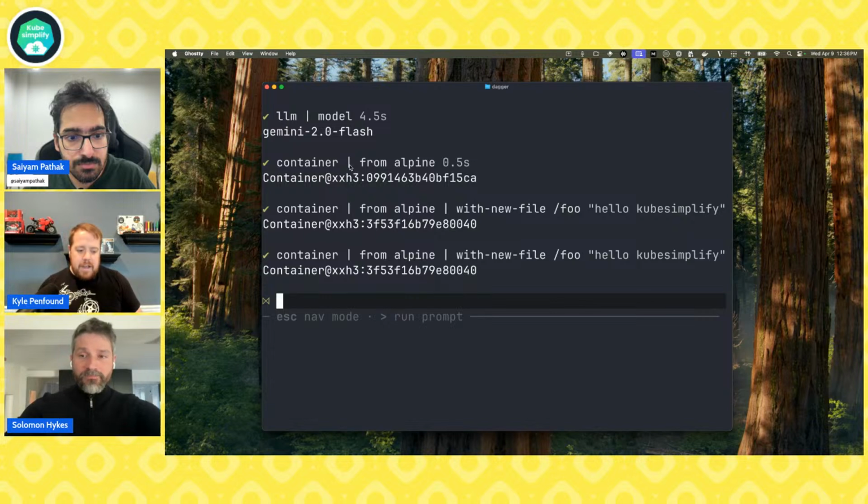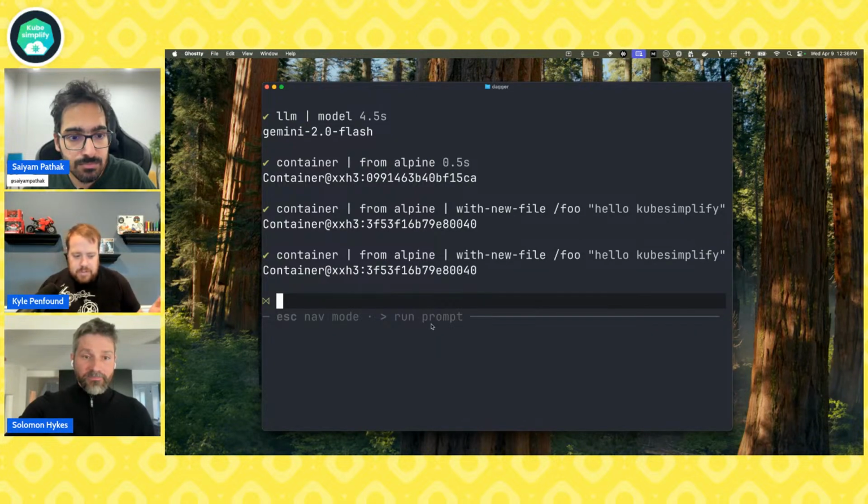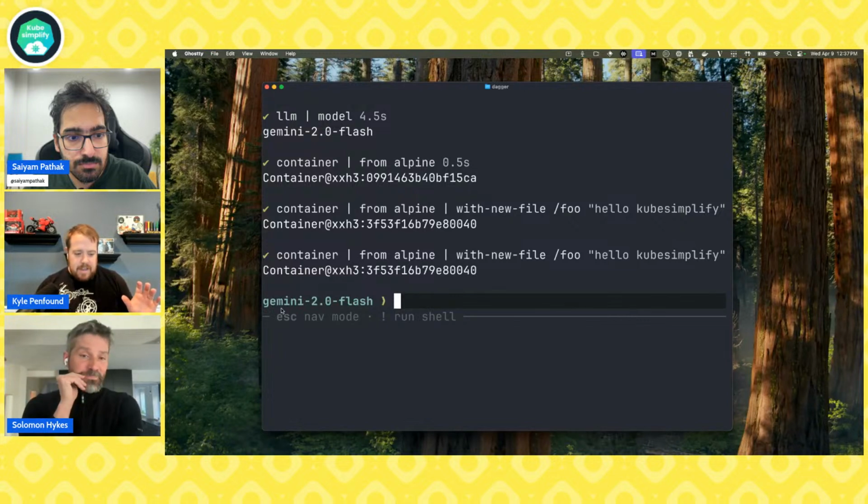model. So you can see in the bottom of my prompts here, we have this little hint that says if I hit that key, I can get into prompt mode. So right now I've got the cool little bow tie here that says I'm in shell mode. So I go over here and I'm in prompt mode. I hit that key. So now it says, okay, this is the model I'm talking to. And I can say, hey, what's up?